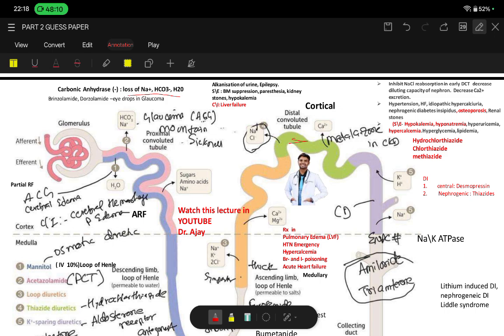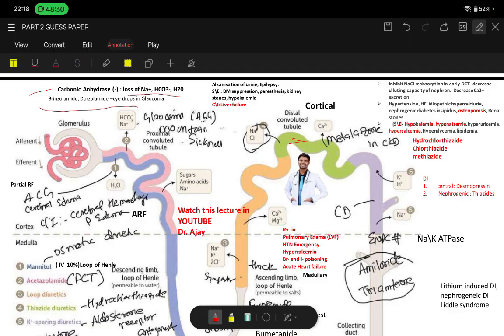So for acetazolamide, they will ask you what is the MOA. It is a carbonic anhydrase inhibitor. The example is acetazolamide. And remember here, which drugs are used for glaucoma as drops. Okay, so